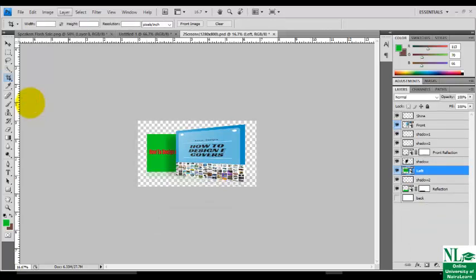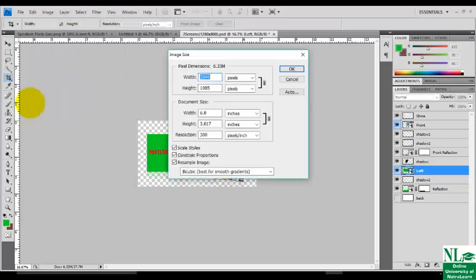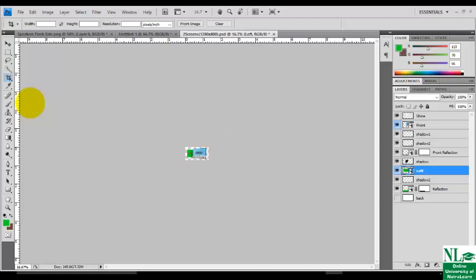Uncheck the background. Now go back to what? Image, and resize it, of course. Now select all the items, leaving only the background.